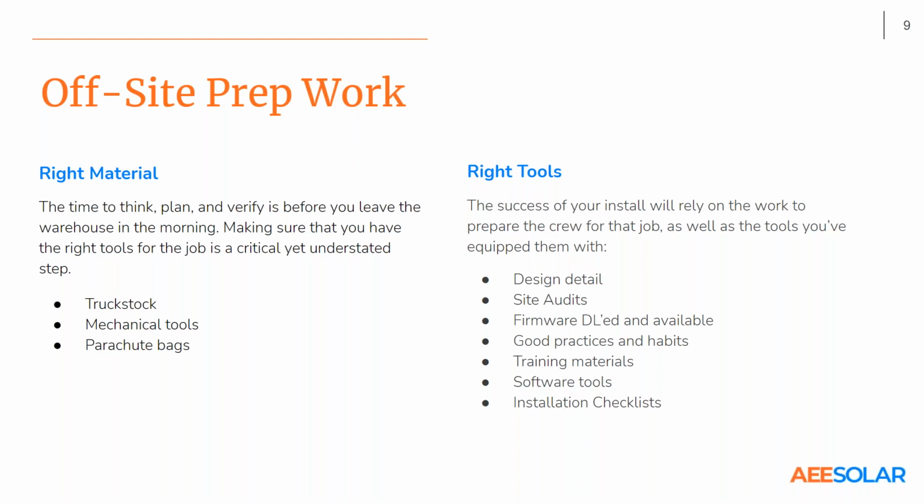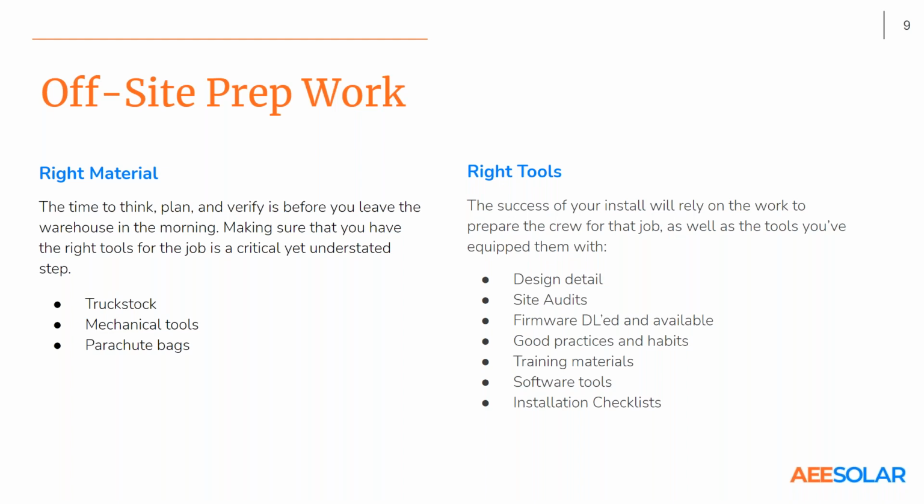Install in the North Bay area, and nobody knew, it wasn't marked on the plan set, that the service entrance was 60 feet away on a pole, and there was really going to be no way to do rapid shutdown initiation from the meter socket. Things like that, it's easy to nitpick those corner cases, but without a good site audit plan and a way of marking the plan set accordingly, you're going to miss that stuff, and you're going to have some really unpleasant